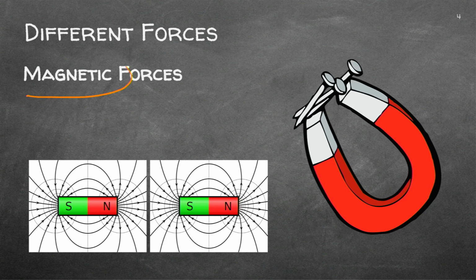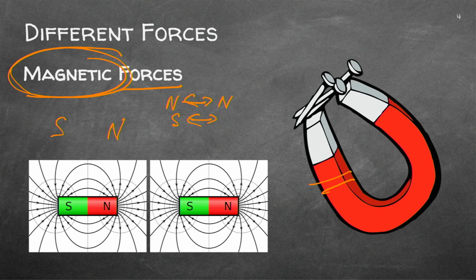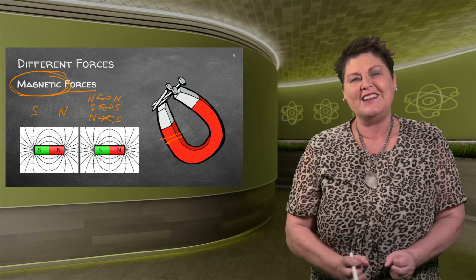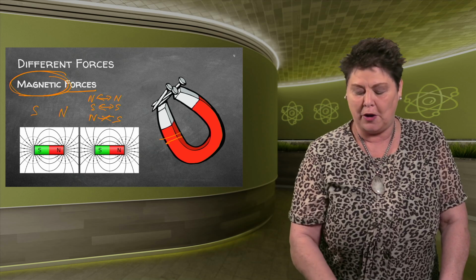The magnetic force. Now we find magnetic forces within magnets, and the whole definition of magnetism you'll learn somewhere in the chapter of magnetism. Now we're only focusing on the force. Remember, a magnet has a north and a south pole. And we need to know that a north will repel another north, a south will repel another south, but a north will attract a south. So we know it's a push away as well as an attract to each other, depending on the pole that it has.